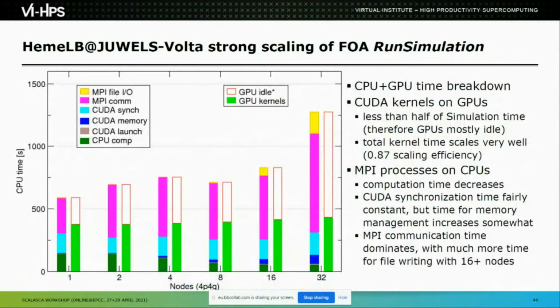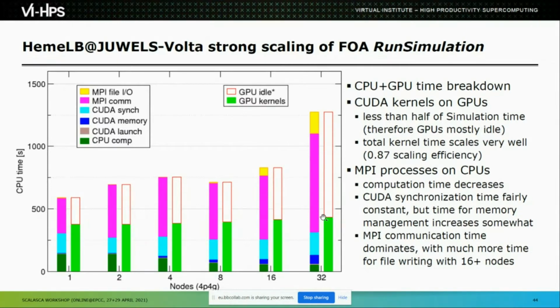So this is a breakdown of the different metrics that we were able to calculate, comparing the different configurations running from 1 to 32 nodes, and comparing what's happening on the CPU side versus the GPU side. The right-hand bars are the GPUs. We see that the computation time on the GPUs is increasing, so that's one inefficiency, but it's not too bad. For strong scaling, these bars should be the same height. The fact that it increases is not great, but the main inefficiency is what's happening on the